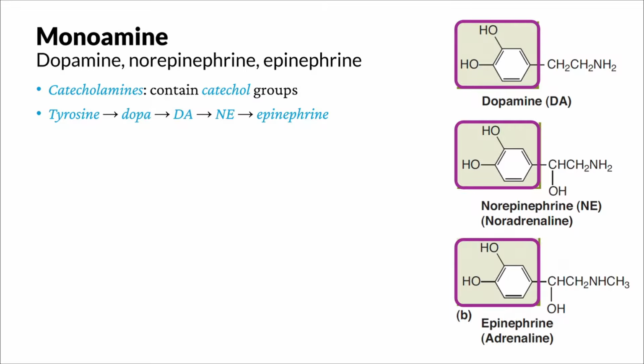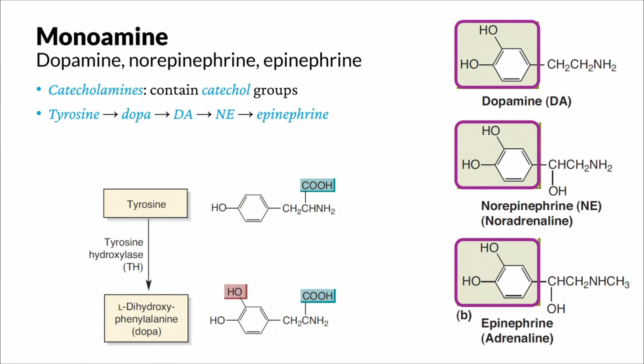The synthesis pathway is from tyrosine to dopa, then to dopamine, then to norepinephrine, then to epinephrine. DA is the abbreviation of dopamine, and NE is the abbreviation of norepinephrine. So first, tyrosine is like this. Tyrosine hydroxylase adds a hydroxyl group to tyrosine. This forms